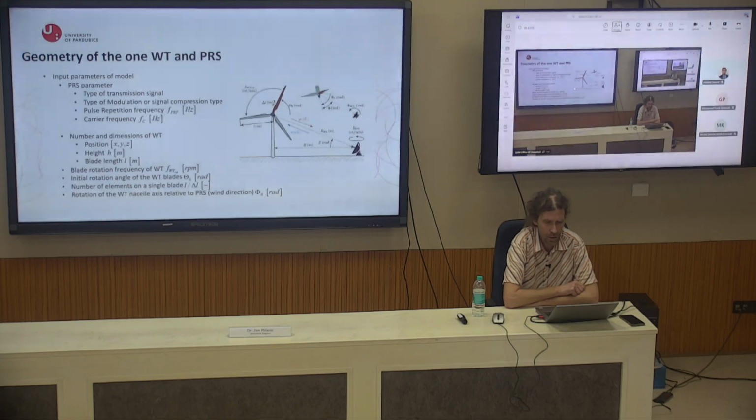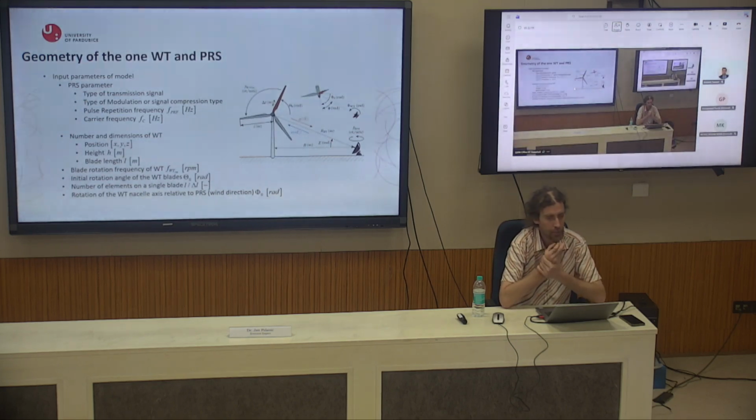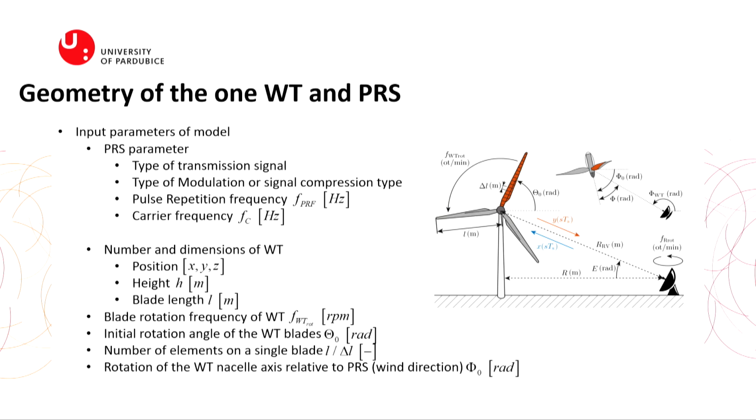Type of modulation or signal compression type, again, you can use what you want. Pulse repetition frequency, it is PRF. Carrier frequency, it is clear, it influences our Doppler. And wavelength, of course. And in input parameters, in number and dimension of wind turbines, is position X, Y, Z, because it looks like it is in a plane, but it is X, Y, Z,